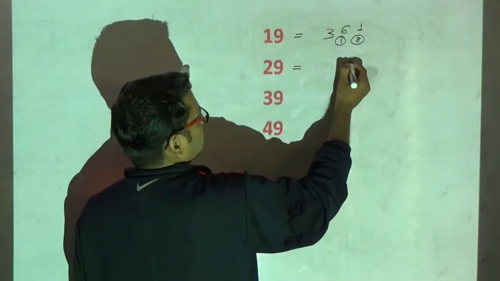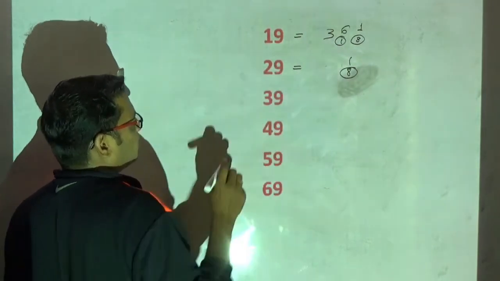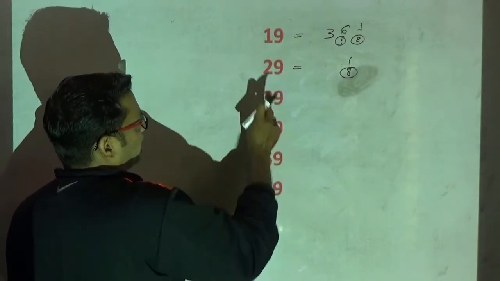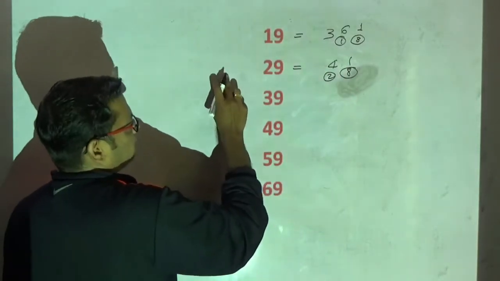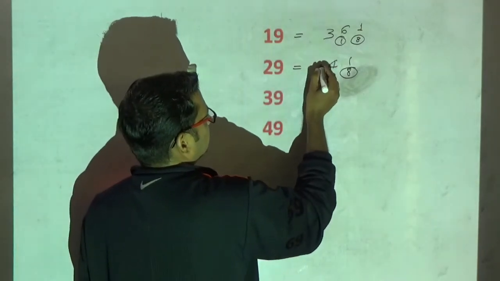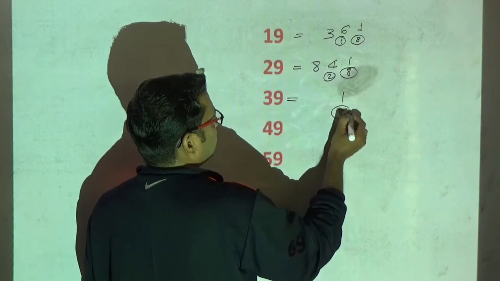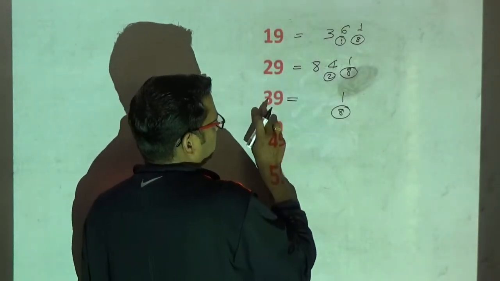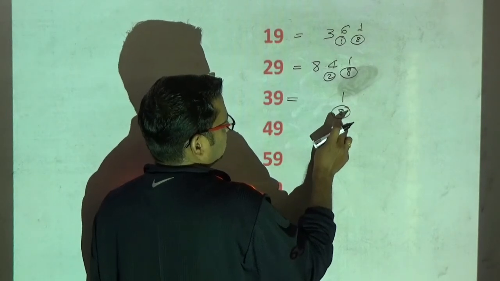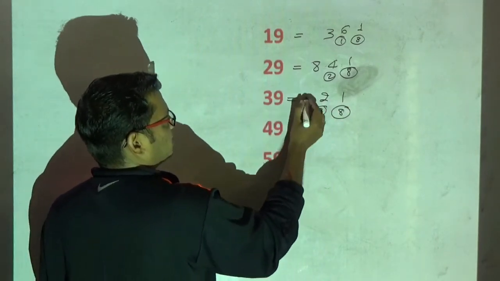Here 9 square is 81. So 8 carry. Double of 9 will become 18. Unit place 8. 8 2s is 16. 16 plus 8 is 24. 2 carry. Next number is 3. 3 2s is 6. 6 plus 2 is 8. Now similarly, 9 square 81, 8 is the carry, double of 9 will become 18, unit place is what, 8. 8 3s is 24, 24 plus 8 is 32, carry 3. Next number is 4. 4 3s is 12, 12 plus 3 is 15.